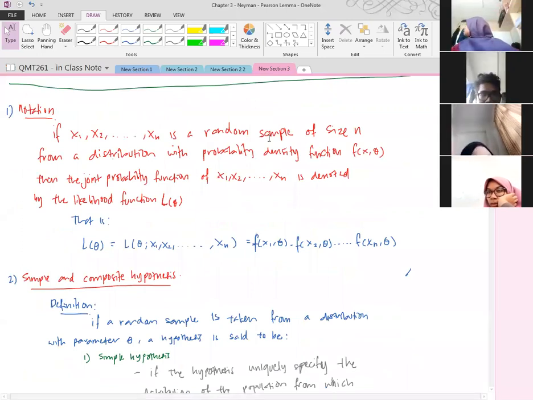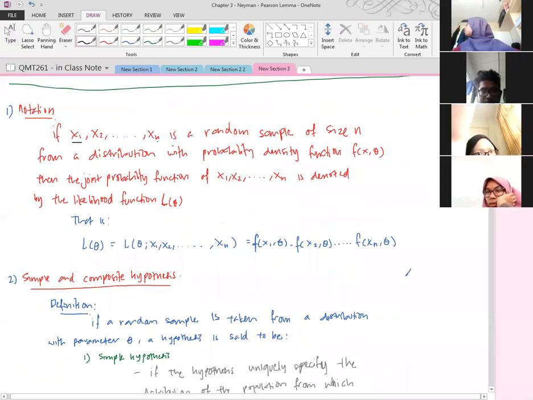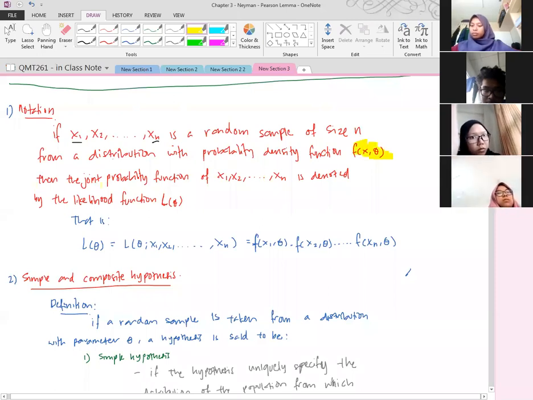The definition: if x1 until xn is a random sample of size n from a distribution with a probability density function f(x; theta), the joint probability function of x1 until xn is denoted as L(theta),